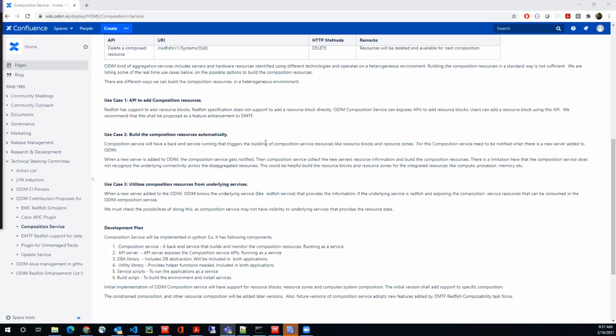Yeah, but if we assume that we will automatically create the blocks within ODIM, and it is possible, we talked about a couple of approaches, then we could, for example, ask the DMTF for allowing a POST into the collection of the resource zones. Those blocks, yeah. That's the only thing I'm missing in this proposal from you guys, because I want to be able to point the DMTF to this. So we have the use cases, but what are we asking them, right? What is the delta? Is there a gap in the spec? What do we need in there?